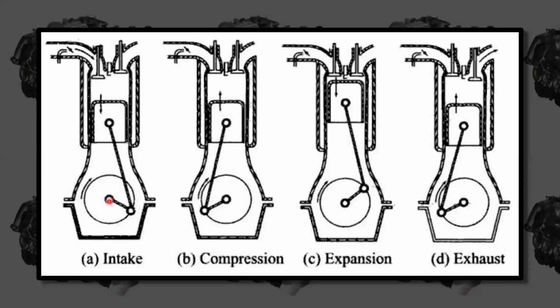In the intake stroke, 180 degrees; a complete revolution means 360 degrees. So within two strokes, the crank is going to complete one complete revolution. In expansion, another revolution is going to start. It will start from here and again go through another half revolution within this expansion stroke, and another half revolution is going to take from here to here.